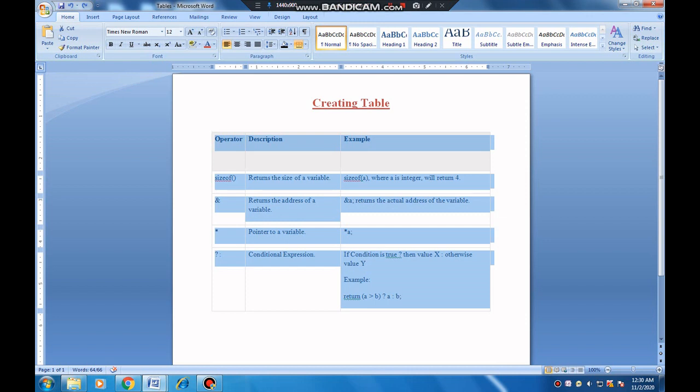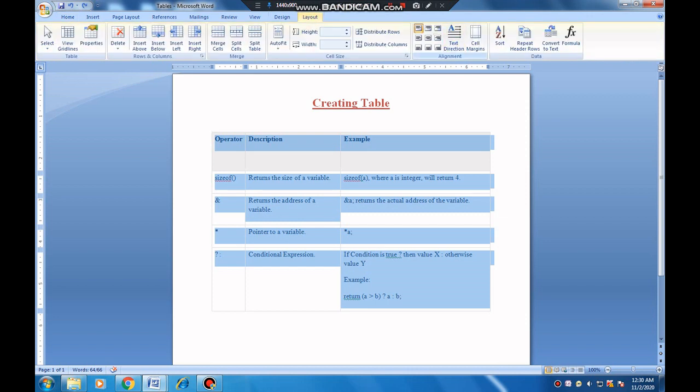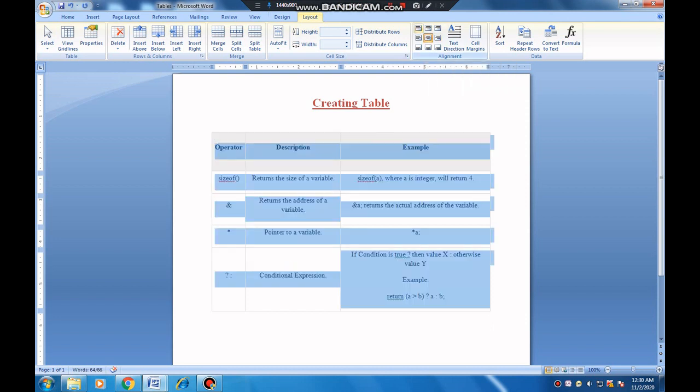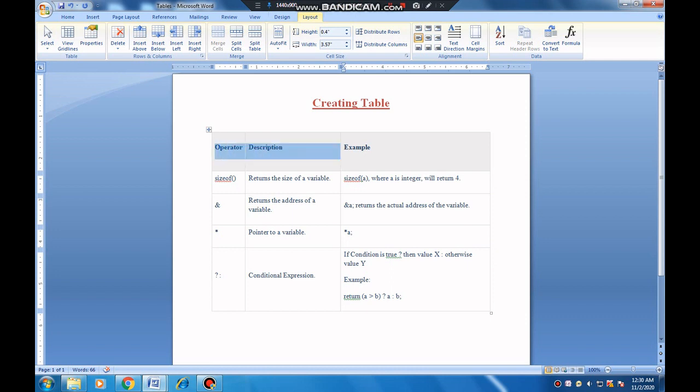Okay, now one more option is there in the layout tab. There is the alignment option. From here you can give alignment to the text of the table. There are 6 alignments. Let's say if I want to align the text in the center, I will select this. If I want to keep it on left and center, I will select this. So you can give different alignment from here. If you want to change the direction of the text, you can select the text and change the direction like this. Okay, clear? So in this way you can have different alignment of your table text.